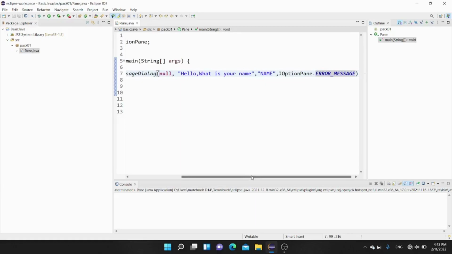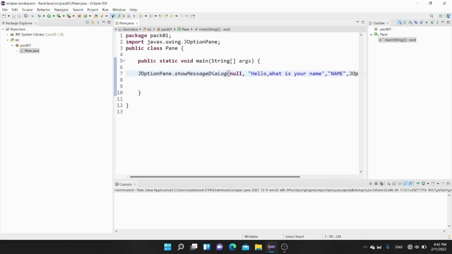Now let me comment this line, and now I will show you how to get an input and how to display that in the form of an output. So for this reason, one thing I want to clear, to get an input of your own choice, you don't need to use the scanner class here. So without using the scanner class, we can write here